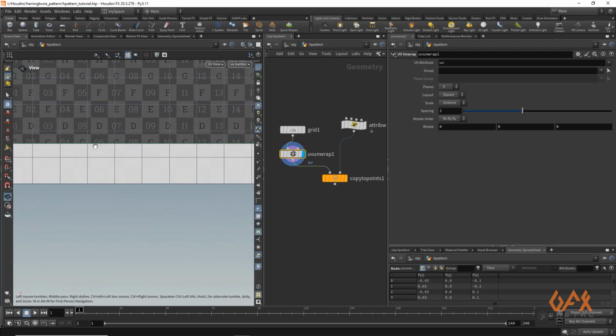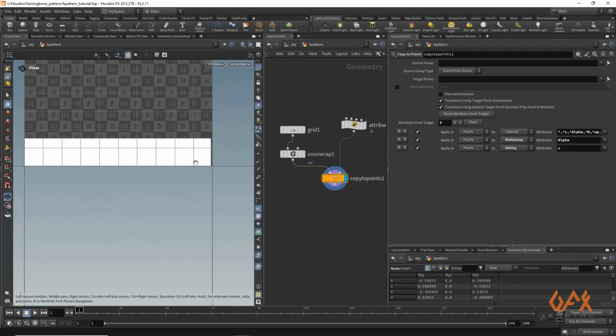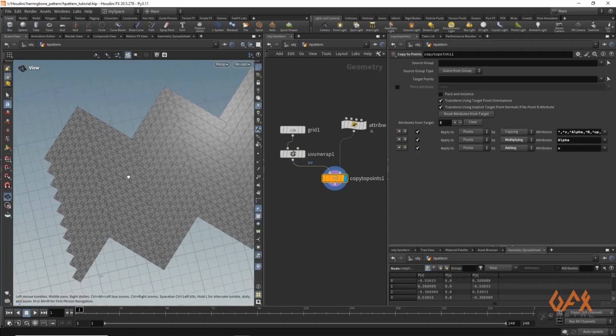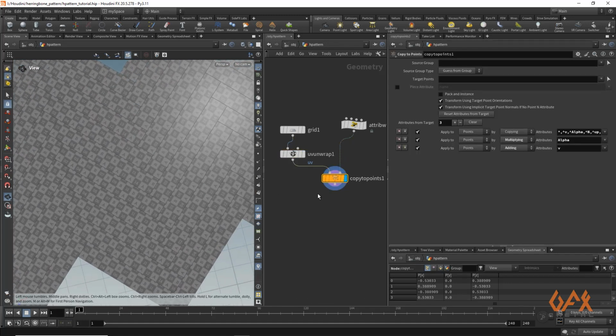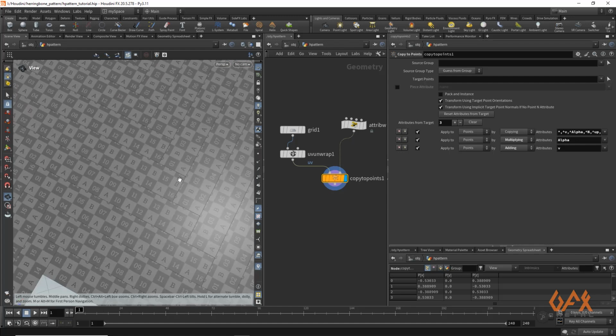So this is the UV for this, which is completely fine. And let's do some border things and everything onto that.